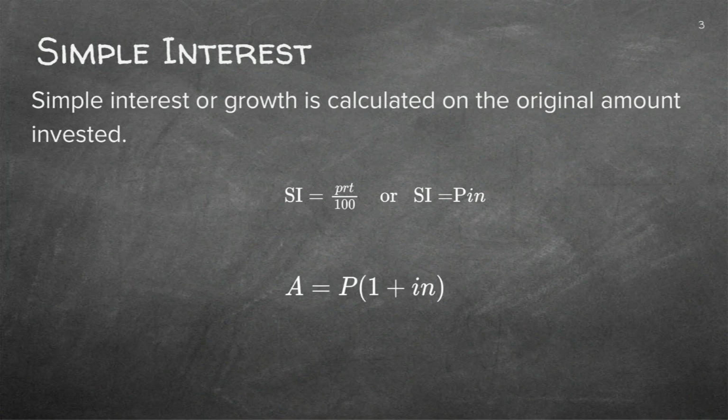Good. And then it's the two formulae that you need to know. Now, the first one is very straightforward. You can actually, without even knowing the formula, this is the one that I prefer. Can you see there's no fraction in it? The only reason the other one has got a fraction is because R over 100 is just the same as I. So let's write it here. R over 100 is exactly the same as I, and we prefer to write I in the decimal format. So then there's no fraction involved.